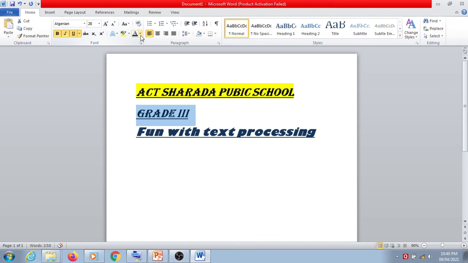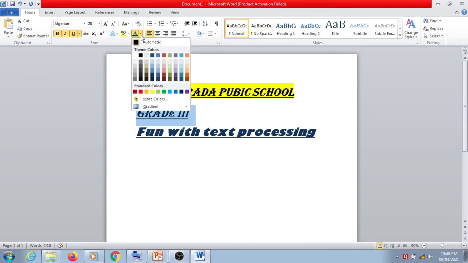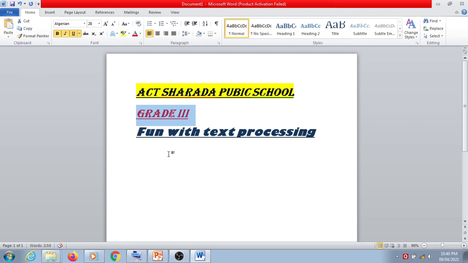Click on the drop down arrow next to the font color button on the Home tab. Select the desired color from the displayed font color menu. Observe the change.